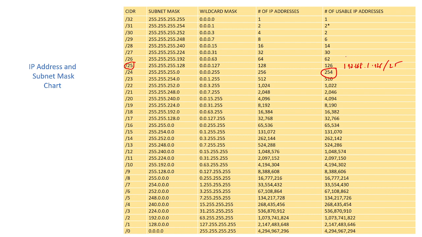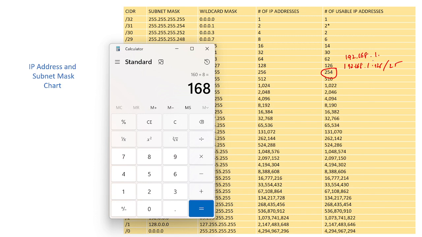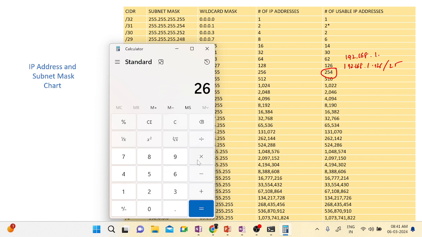Another one is 192.168.1, 126 plus 62, which gives 188. So you can put 188